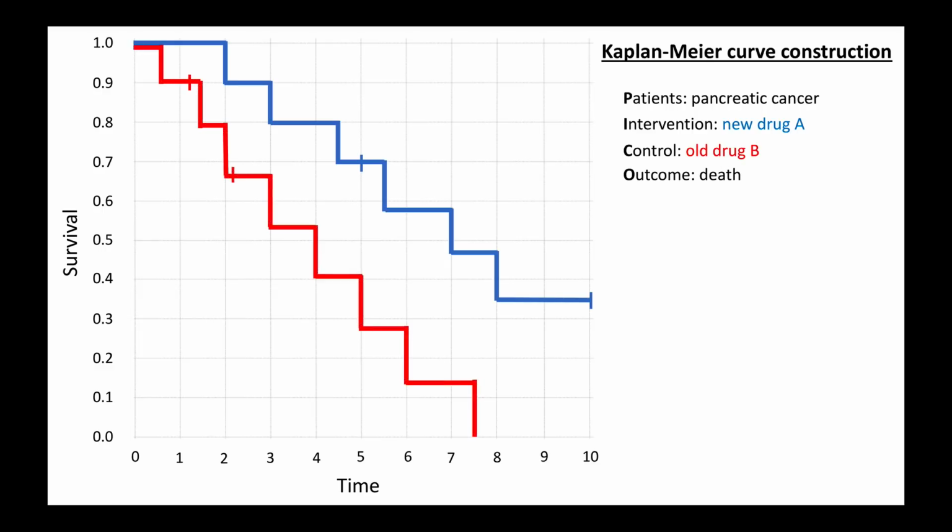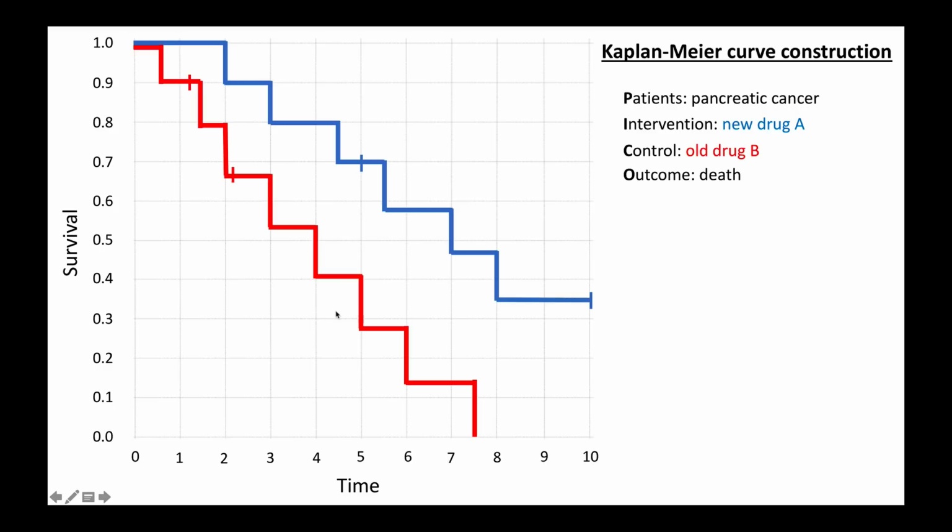And so if you make your Kaplan Meier estimates or your Kaplan Meier curve, and if we were to do those computations, for those of you who really want to do the computations, feel free to pause the tutorial now, but otherwise, you can take my word for it. But this is what we would get when you have Kaplan Meier estimates of 2 groups. The blue group here happens to be the intervention group or the new drug group. And this group here happens to be the old drug group or the